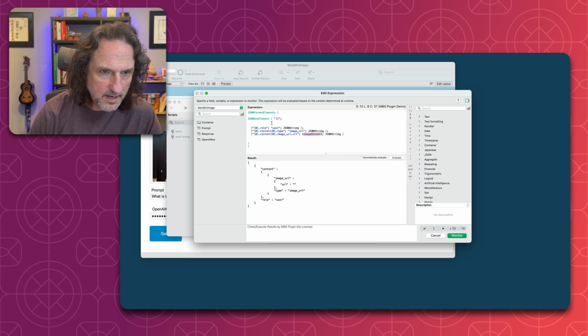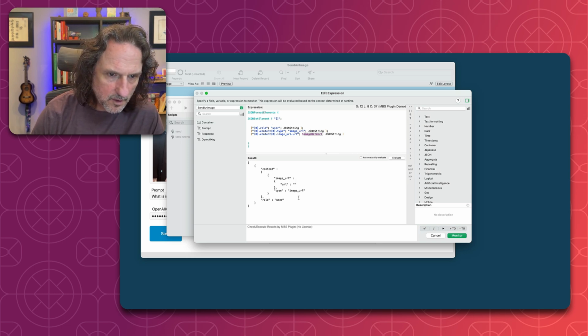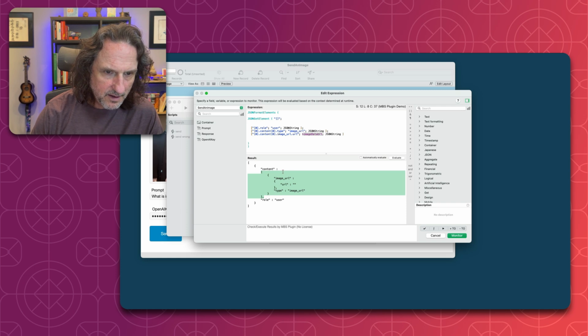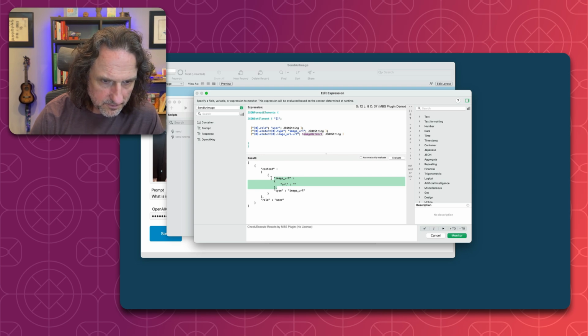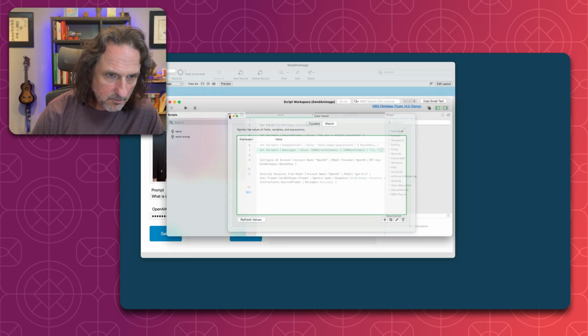What we're doing is we're sending a content block. It's a message from the user. The content is an array, and the array has an object, with the first one being type image URL, and then here is the image URL definition. So if we send that as part of our script, when we set this off,